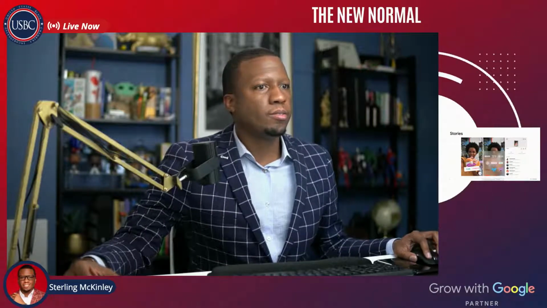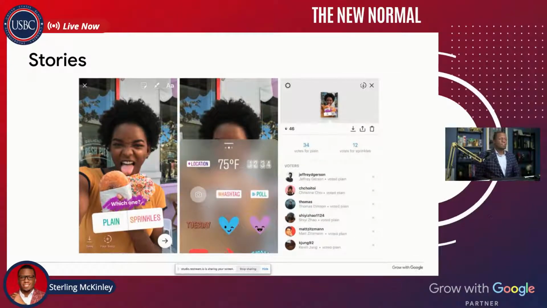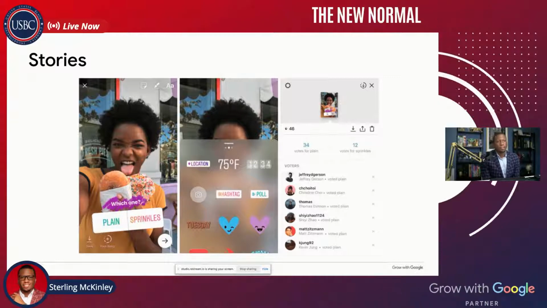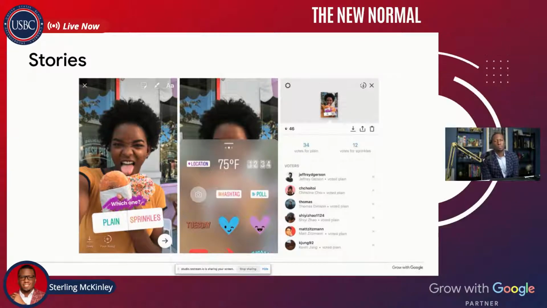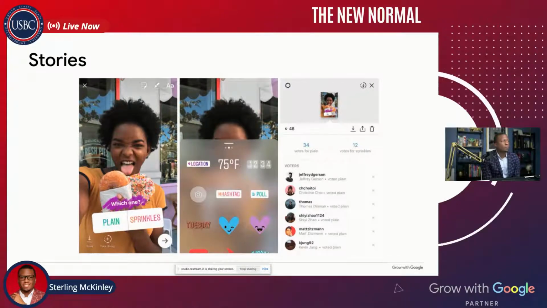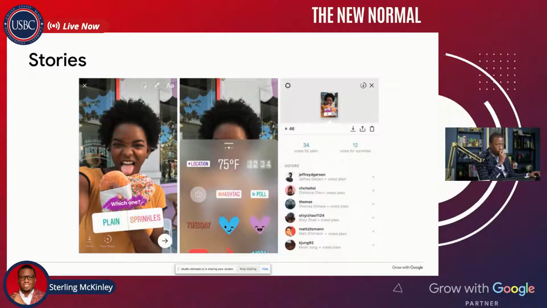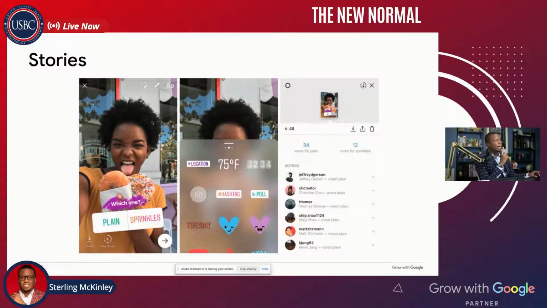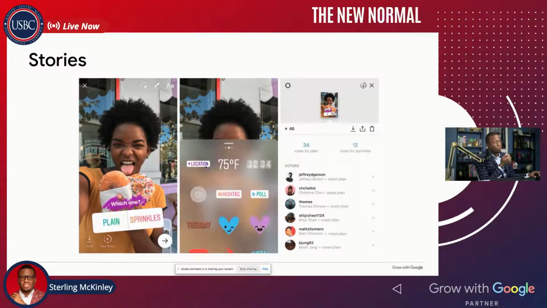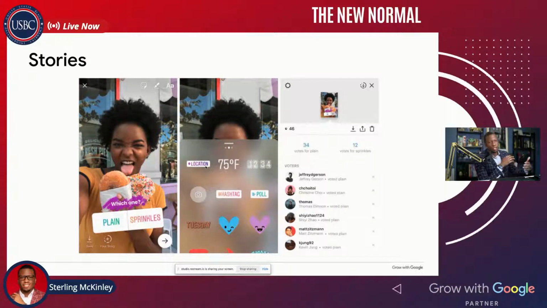The next feature that is really big on Instagram is stories. Stories are very similar to reels, but stories are those quick 15-second opportunities where you can post a video of you speaking, or a picture. Once again, it's that quick way to show up on somebody's feed. You can post an image or video on stories, and if you click up here at the top, you have options to put in your location. So you can put the location as DC, wherever you're located. And that's another opportunity to show up in somebody's feed.